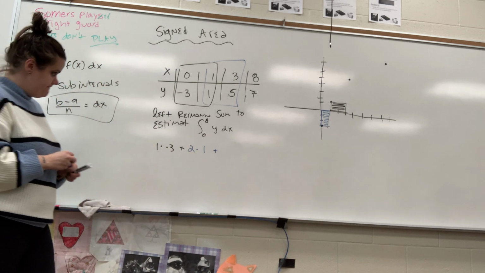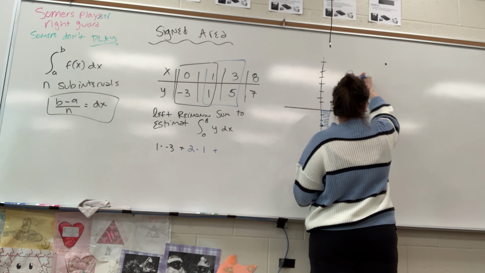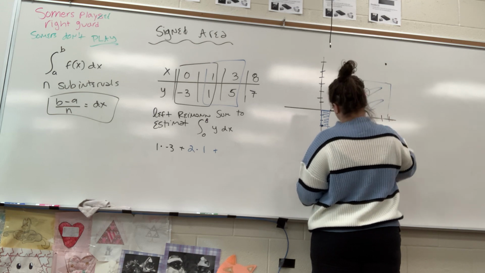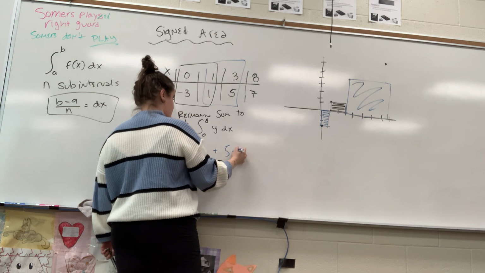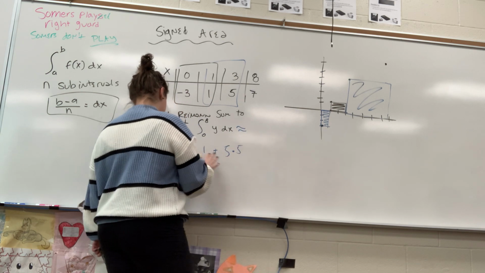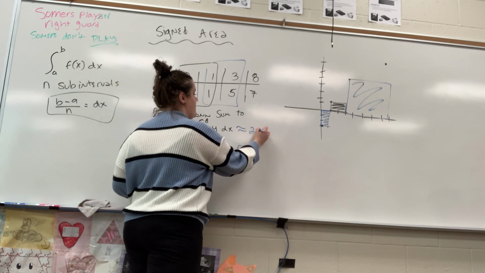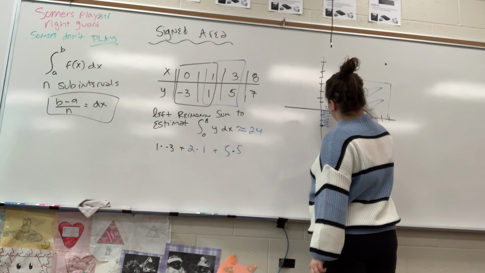Oh, so the next one's dx is 5. You got it. The next one's dx is 5. Cool. And it's how tall? 5. So 25, 27, 24 would be my estimate as best I can get of this